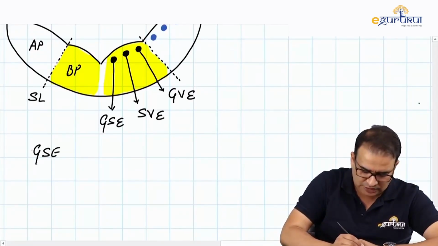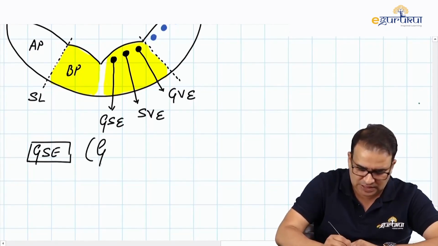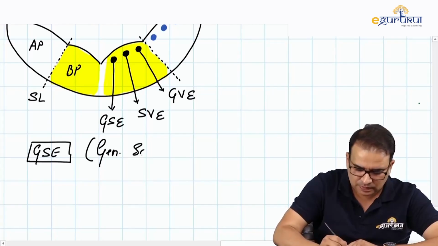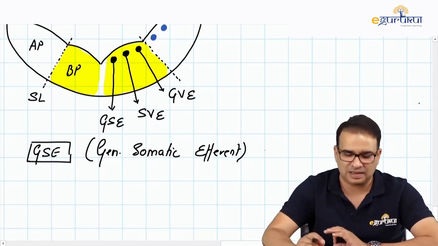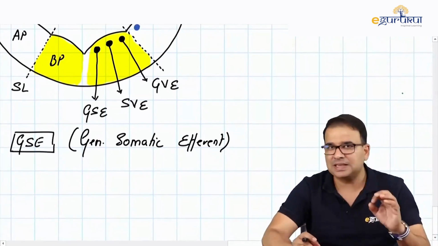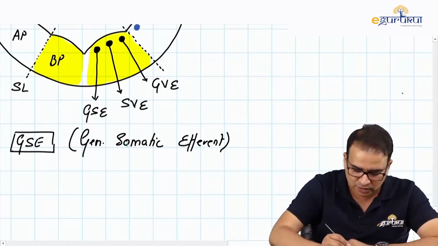So even before we write the name of the afferent column, I want you guys to look into the detail of these columns one by one, like GSE. When I write GSE, obviously GSE stands for general, the S is for somatic, and needless to say, they are all efferent columns we are talking about first, so they are all motor columns: general somatic efferent. Now, as soon as I say general somatic efferent, what comes to your mind is, guys, somatic. The word somatic should be highlighted here,